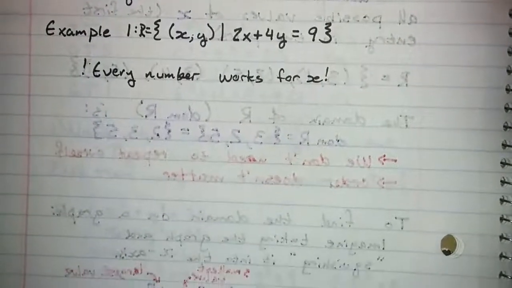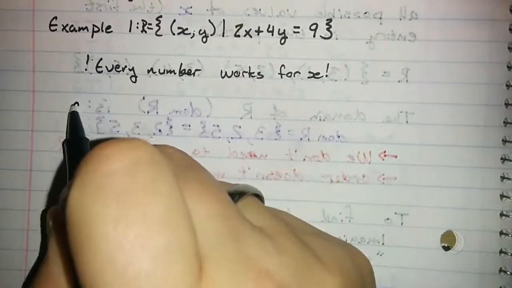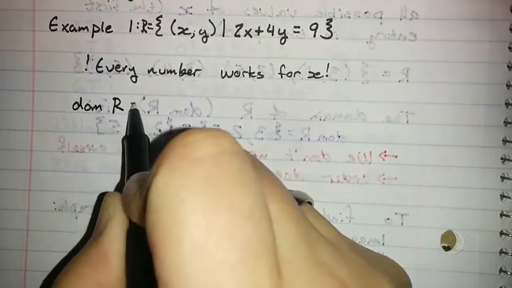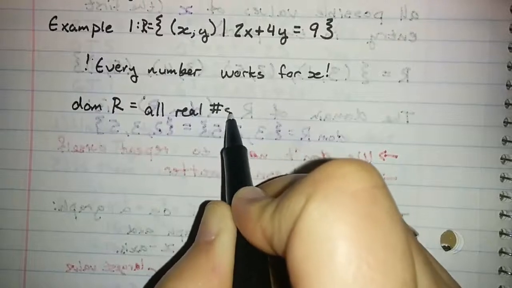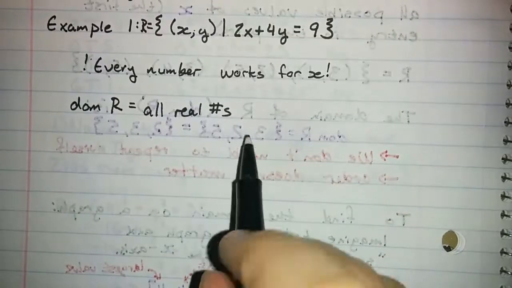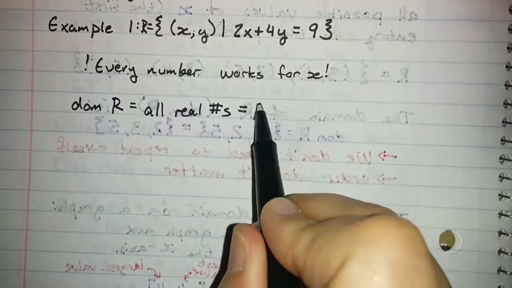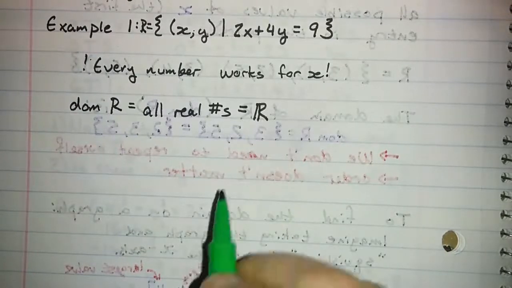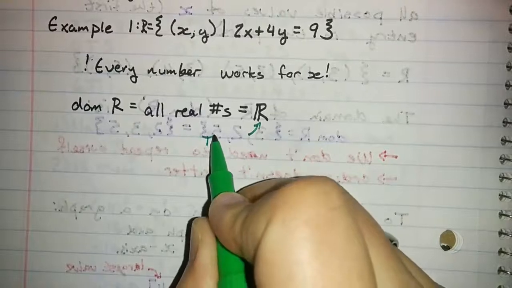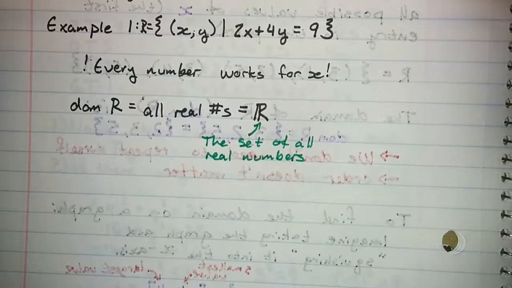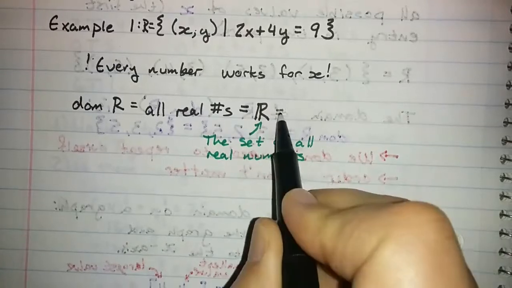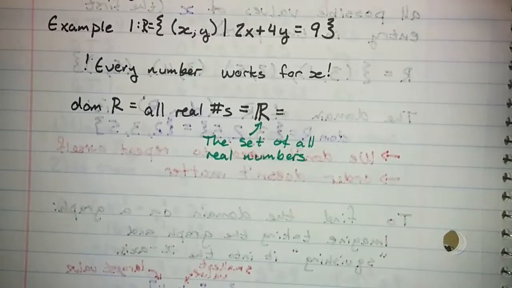How do we describe that? Well, we say that the domain of R is all real numbers. Or we could use the name of the set of real numbers, which is this blackboard bold R. If you've seen this symbol before, you may use it. If you've never seen this symbol before, be aware that I may use this to refer to the set of all real numbers. Or if we want to write this in interval notation,